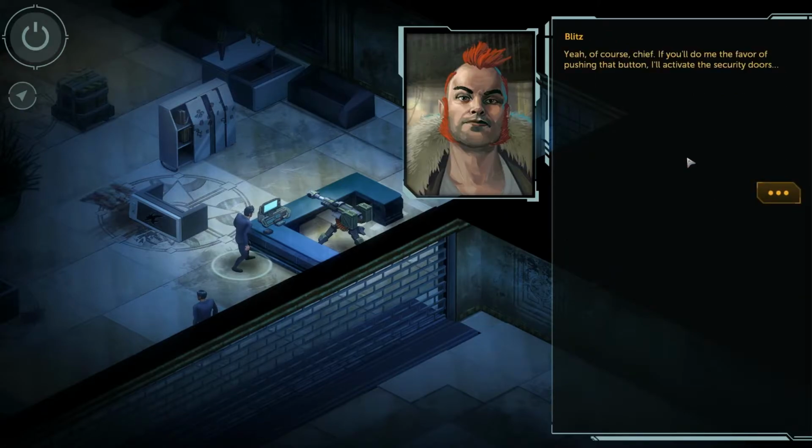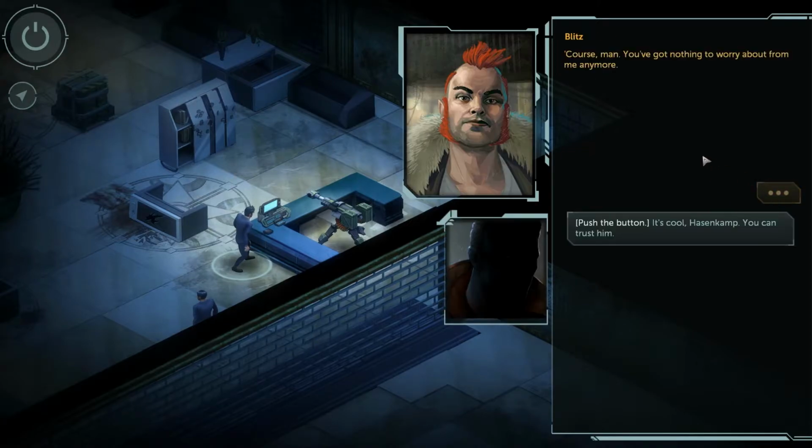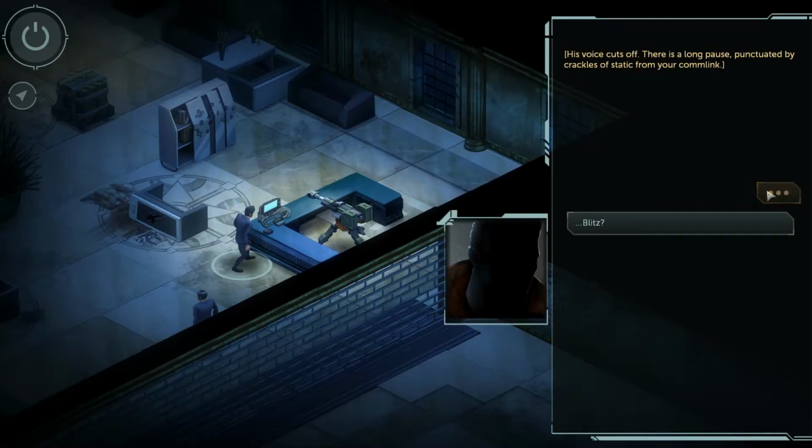Yeah, of course, Chief. If you'll do me the favor of pushing that button, I'll activate the security doors. That's all you're going to do, right? I'm trusting you here. Of course, man. You got nothing to worry about from me anymore. Push the button. It's cool, Hasenkamp. You can trust him. Absolutely, because I'm trustworthy. Now, I'll just activate the security doors, and...